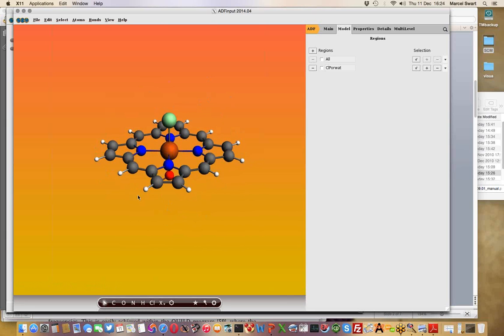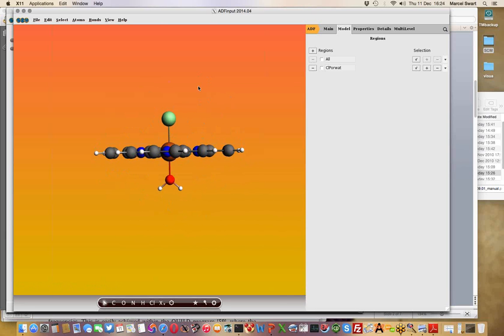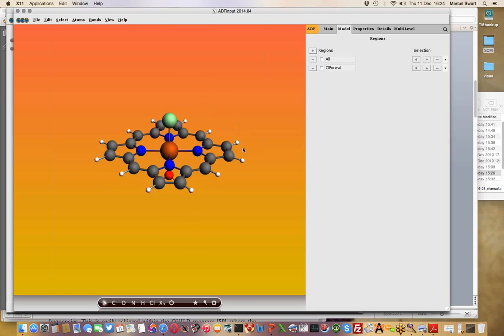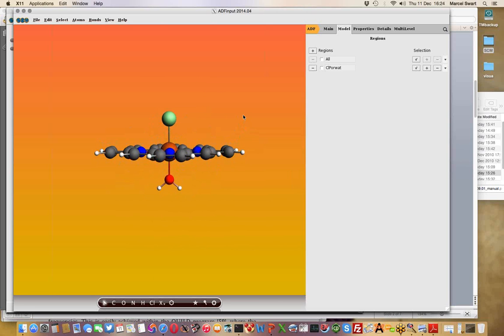Depending on the shape and the ligand field strength of these axial ligands, your porphyrin will distort. But if you want to know how much energy it costs and how much influence the axial ligands have on this distortion, you actually would want to be able to